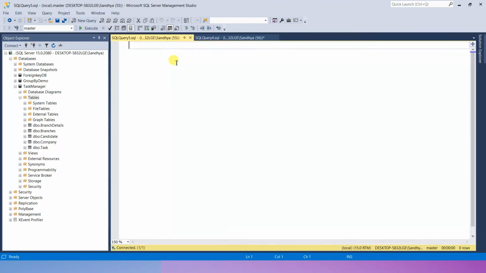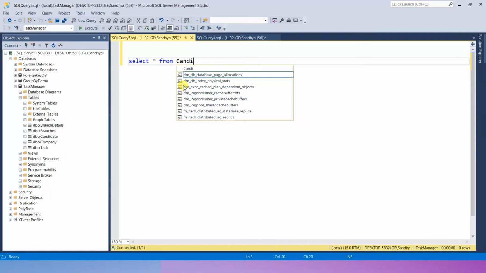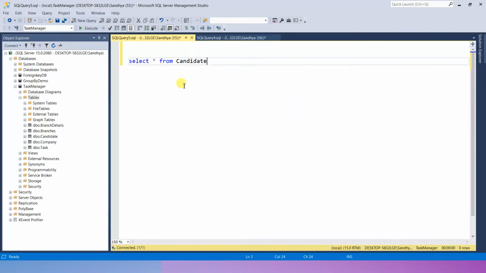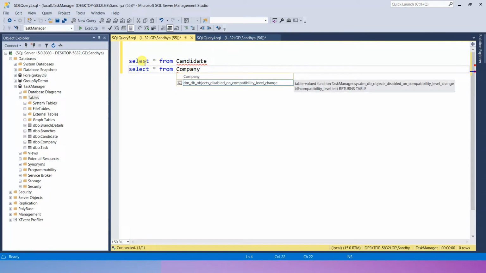So here I will select the task manager database, and let's write select star from candidate. Select star from company. Okay.